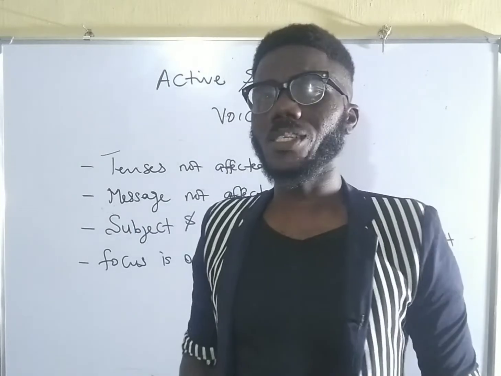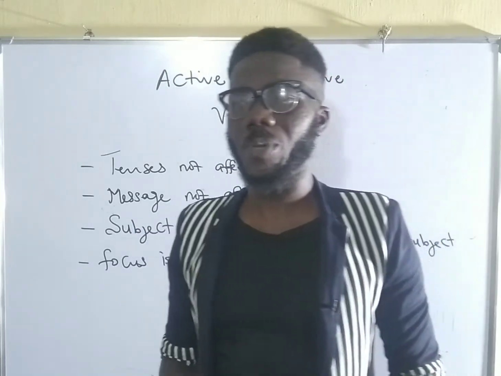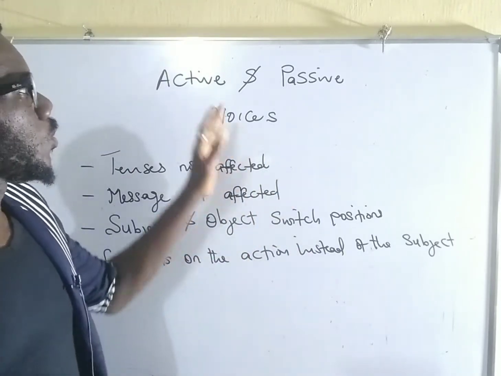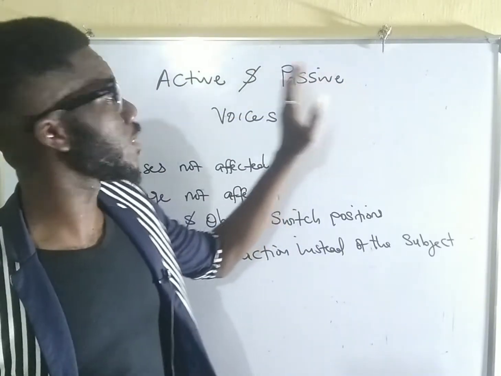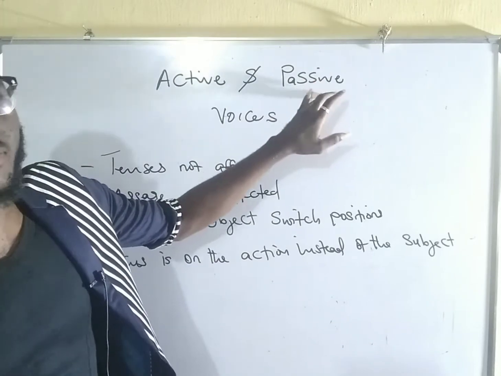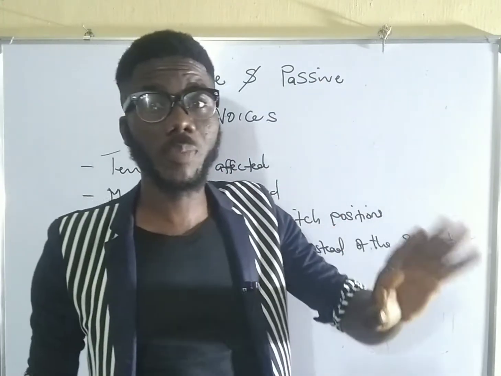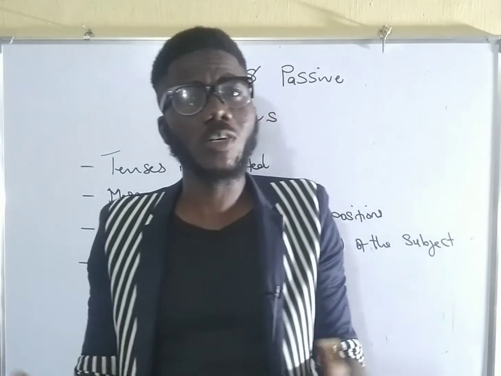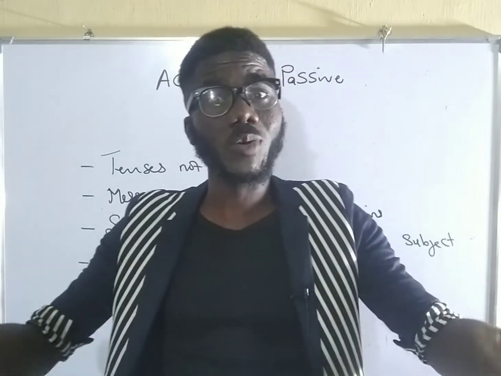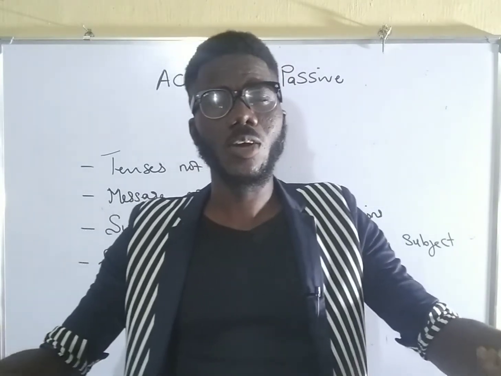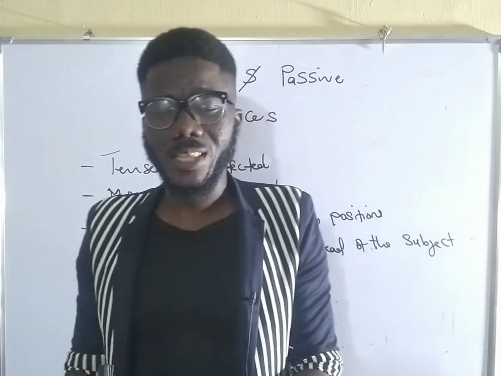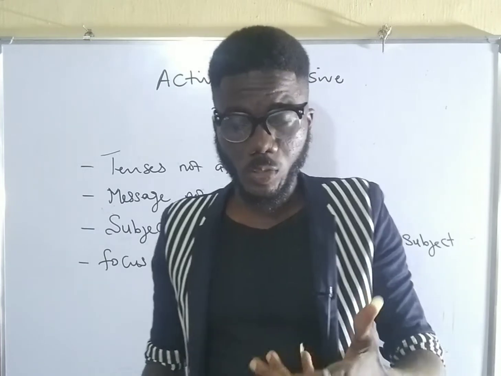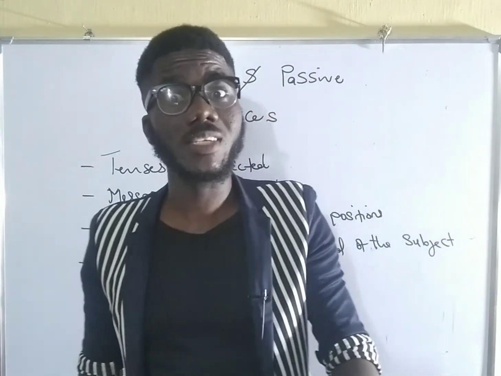Somebody asked about these active and passive voices and what they mean. How do you know when something is in the active voice and when it is in the passive voice? When you talk about active and passive voice, you are talking about sentences. You are talking about verbs actually, but you cannot be talking about active and passive voice if you are not considering sentences. You say that a sentence is in the active voice form when you find the subject of that sentence performing the action.